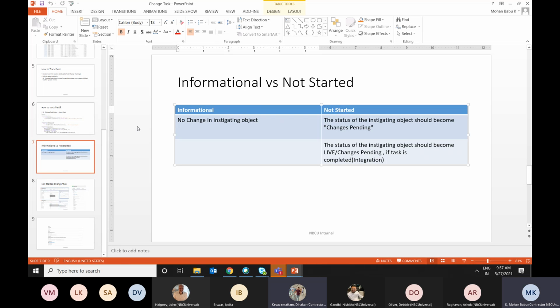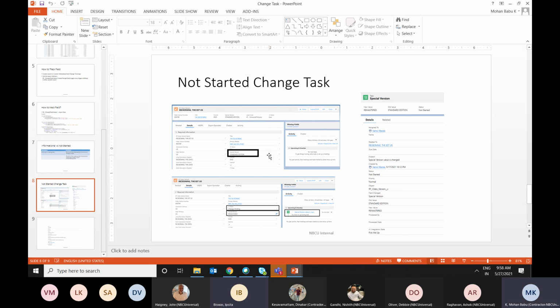Mohan, if you go back to that screen, I'm not clear on that change in status. The question that Dinakar also raised is: if the previous value is, say, standard edition, a new one is requested and the user goes ahead and changes it, so this is not picked up by JV.